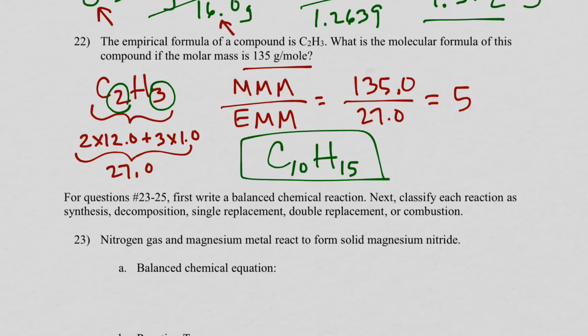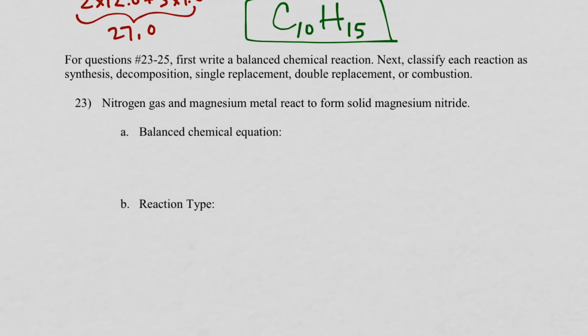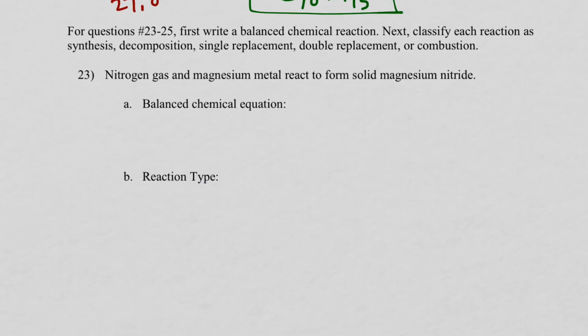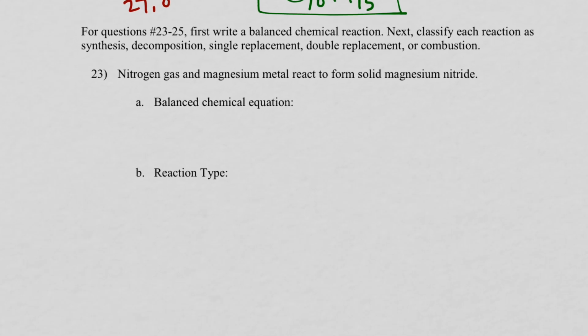The next set of questions are chemical reactions, writing and balancing chemical reactions. For each of these, it's asking you to write the full balanced equation and then identify the type of reaction for each one. So let's go ahead and begin with the first scenario. It says nitrogen gas, so I have to recognize that nitrogen is one of the diatomic elements, so N2, and then the gas symbol, and magnesium metal. Metal indicates that we're talking about a solid. React to form solid magnesium